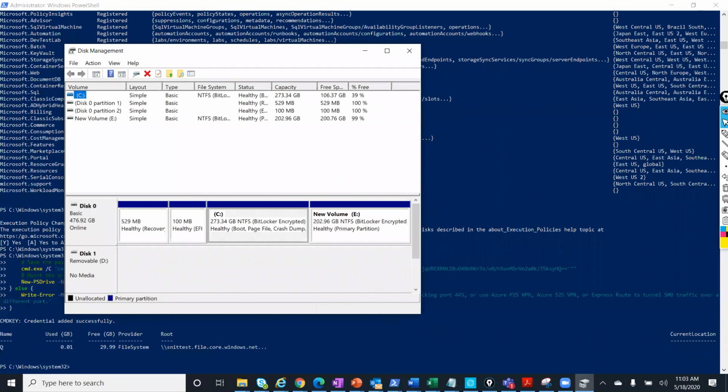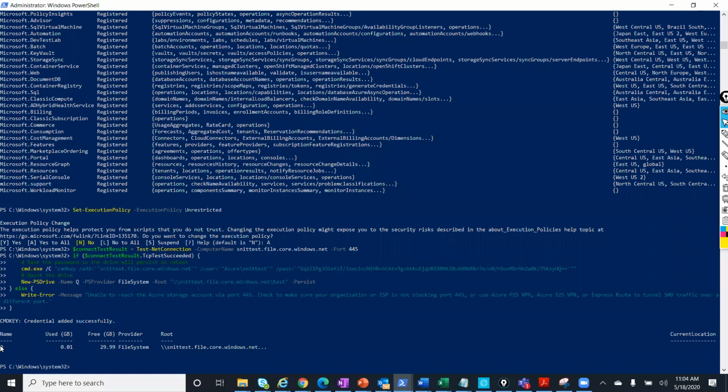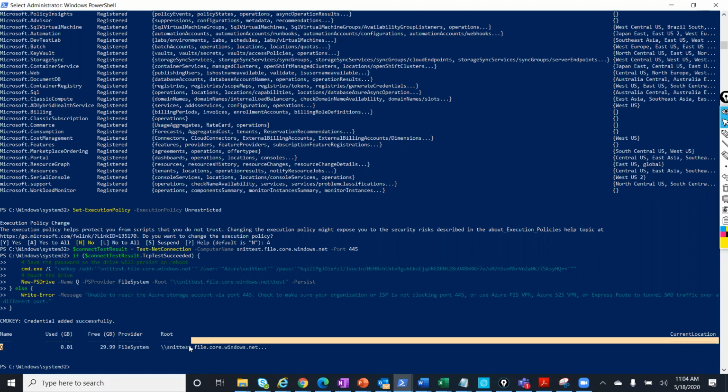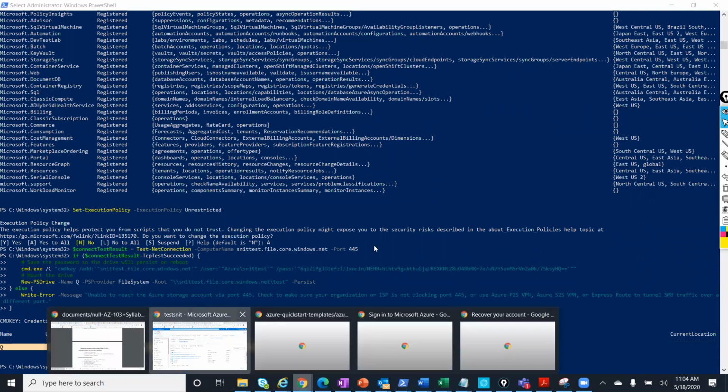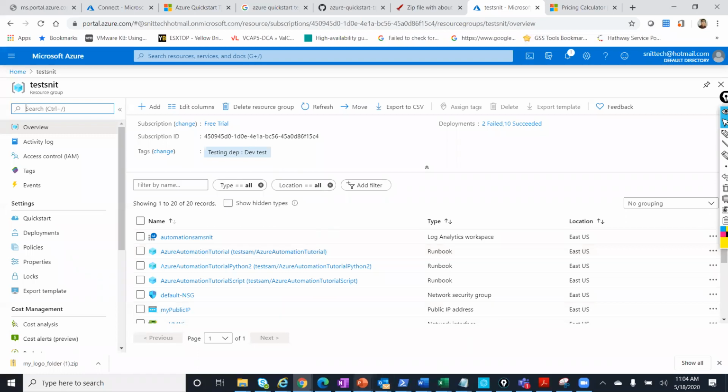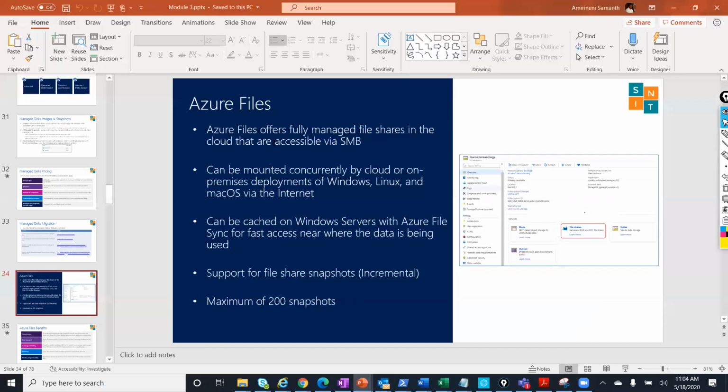But it is showing as Q drive here. You see this Q drive is connected. So on my machine, I have some issue, but you can try this on your machine. So if you start running the script, it'll be attached as a disk on your machine and you can start accessing that data, right? Whatever the file share, which we have uploaded here. Okay. So that is about file share and